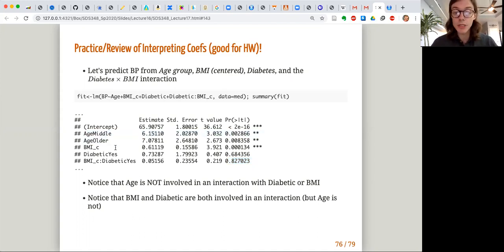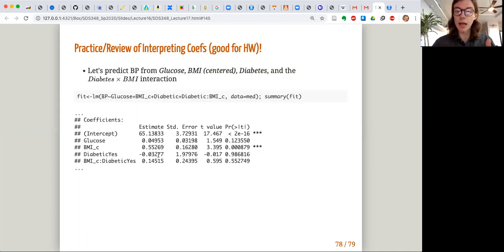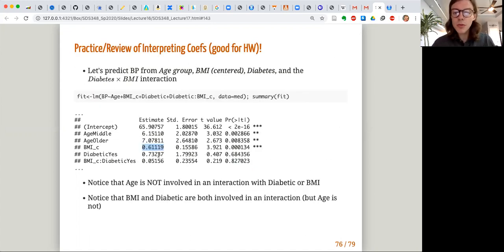So whenever you interpret this coefficient, let's say you want to interpret this coefficient right here. I include a bunch of interpretations, so all this is saying is, I have them in the slides. If you want to see how to interpret all of these, walk through this. I have a bunch of examples. But if you want to interpret this,